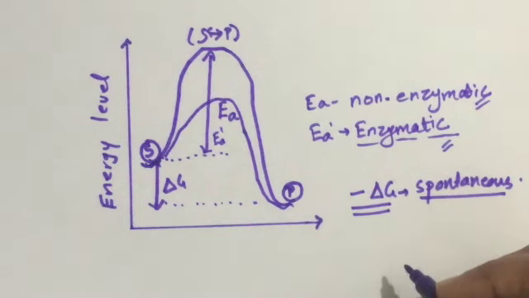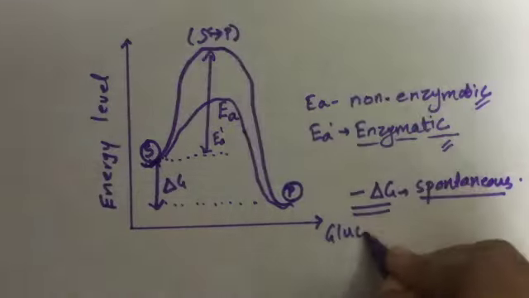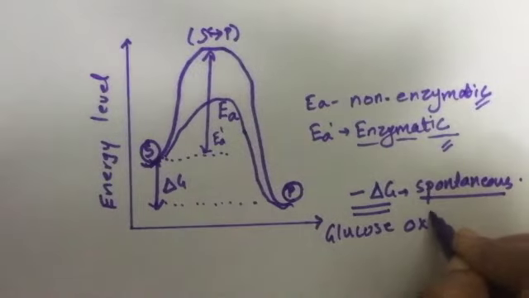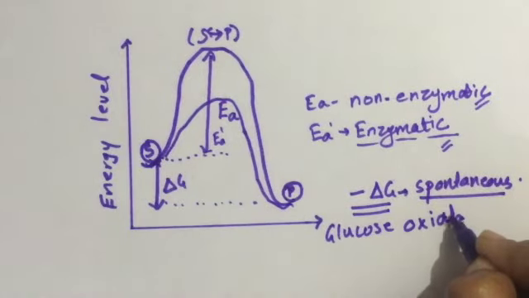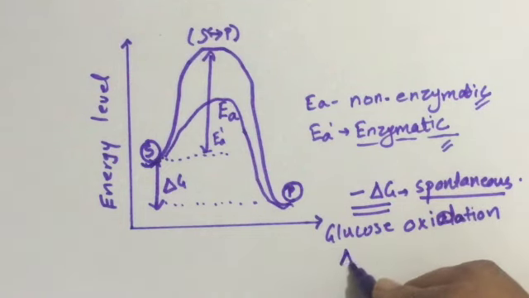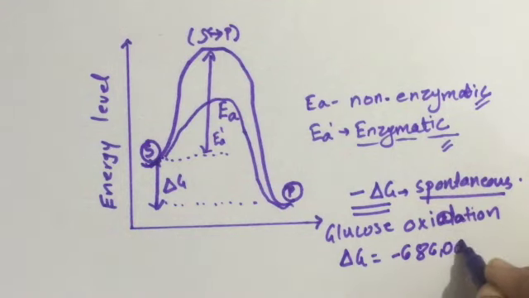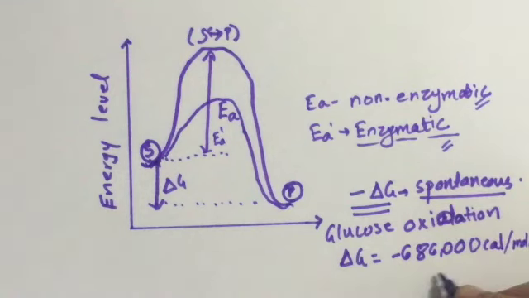Now we can say that if we are talking about an example of oxidation of glucose, it has a delta G, glucose oxidation. Glucose oxidation has delta G minus 686,000 calories per mole. That does not mean that glucose is unstable,